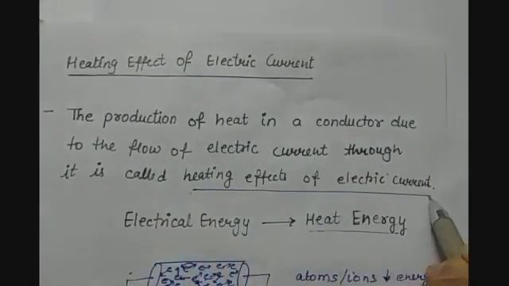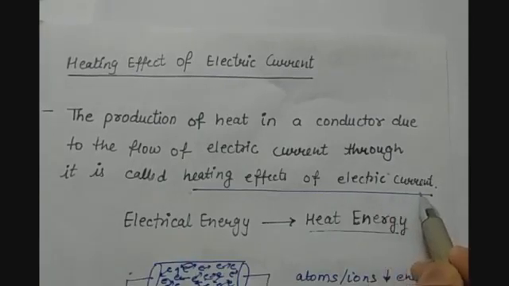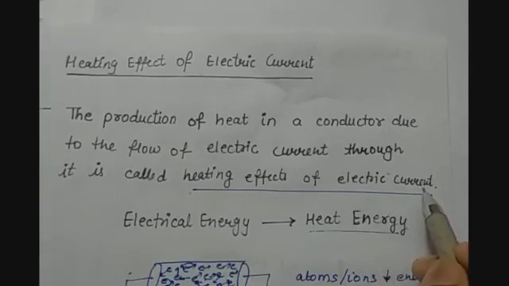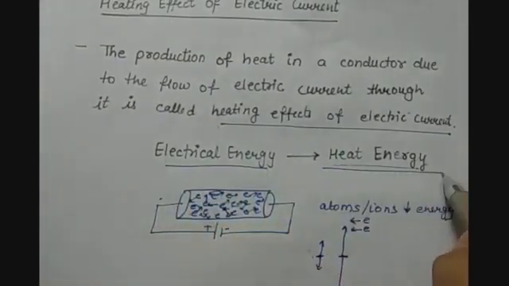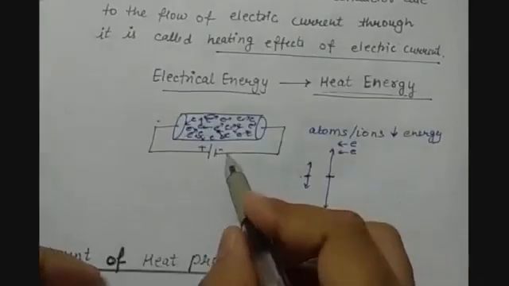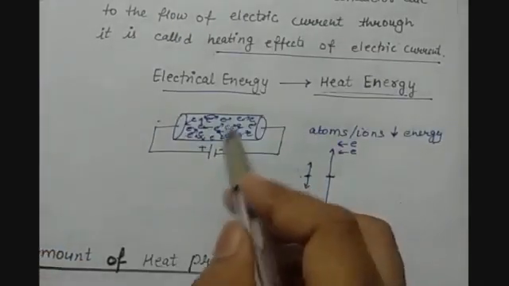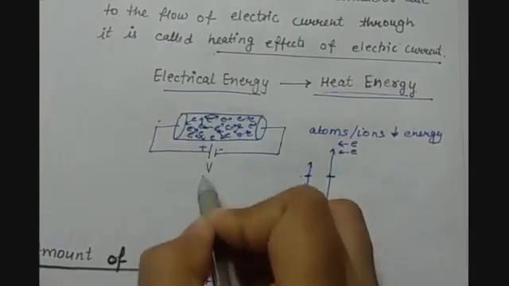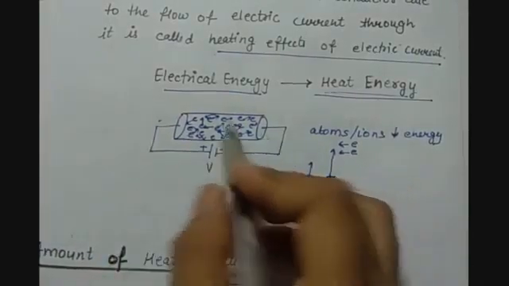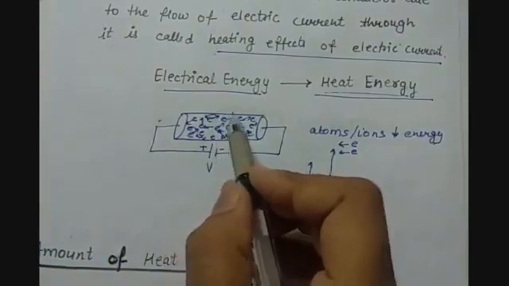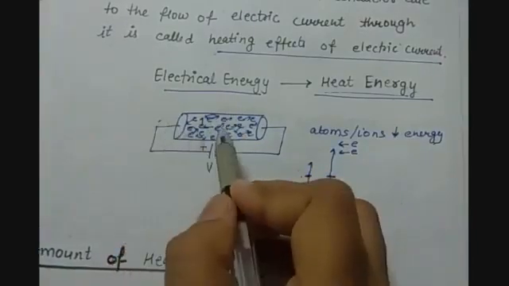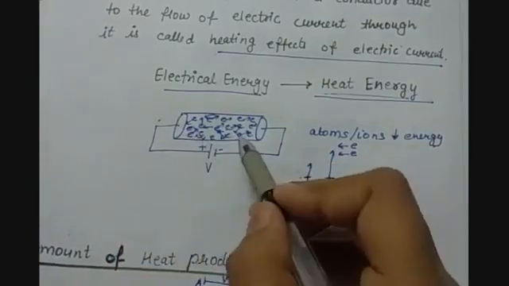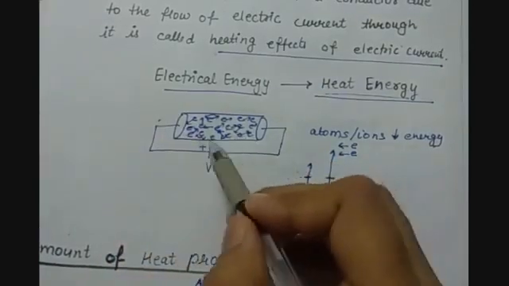When heat is produced because of the flow of current, it is called the heating effect of electric current, because electrical energy is being converted into heat energy. We have seen how: when potential difference is applied across the ends of the conductor, electrons try to align themselves towards the higher potential. They try to move in that direction, and in doing so, they move